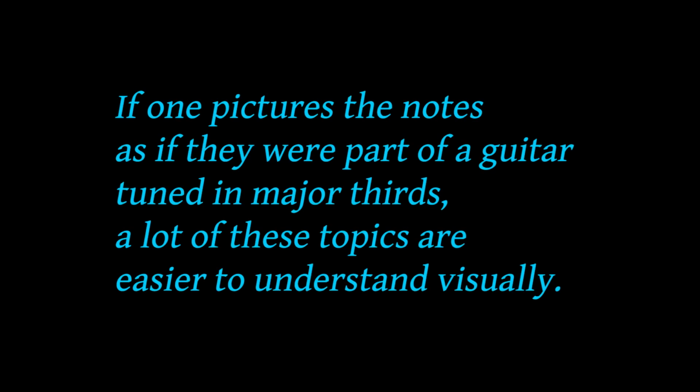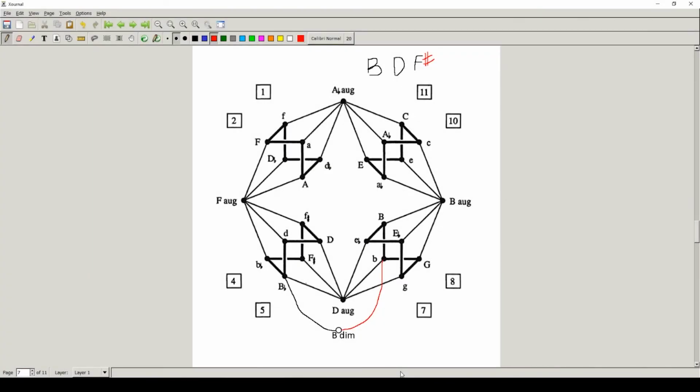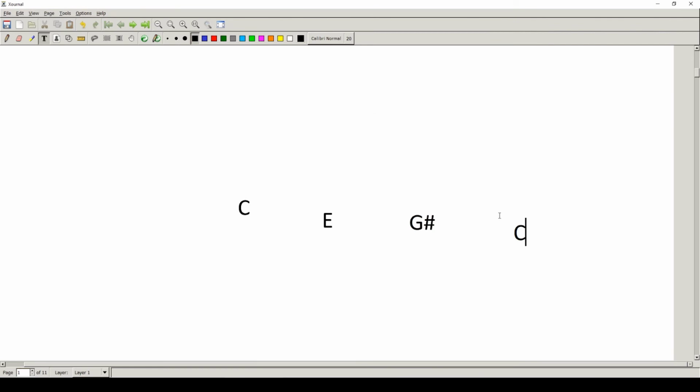So if one pictures the notes as if it were part of a guitar tuned in major thirds, a lot of these topics are easier to understand visually. So what you're describing here is essentially a kind of diagram that music theorists call a Tonnetz. So for example, here